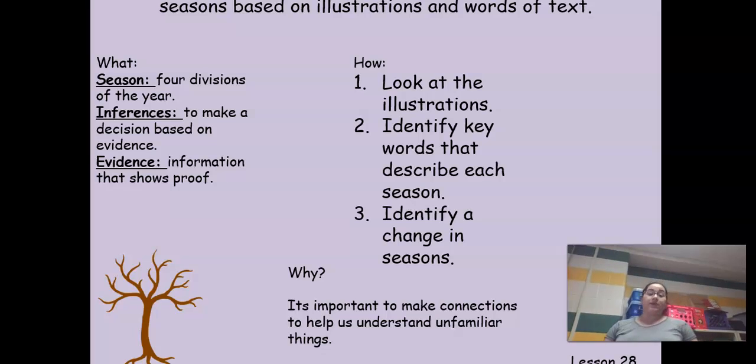So what are we going to be discussing? We're going to be discussing the seasons. It's 4 divisions of the year. We all know that it's spring, summer, fall, and winter. We're going to make some inferences. It's like to make a decision based on evidence. And we're going to be looking at evidence, that's information that shows proof. We're also going to be looking at some keywords, some important words in our book that helped us